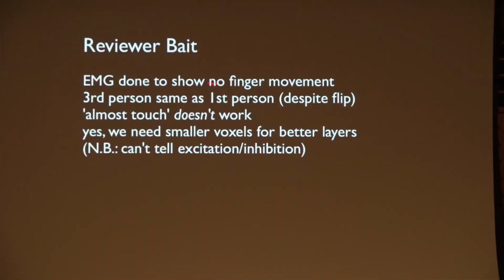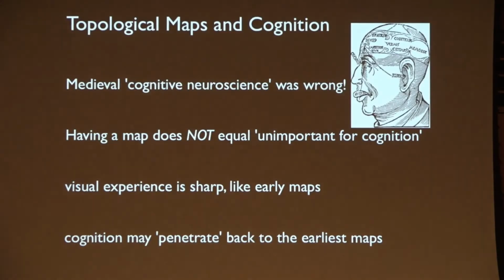But we did EMG to make sure that the person wasn't moving at all during this. The almost touch doesn't work. That was very, very nice. Third person works pretty well, despite the flip. So the visual stimulus is suddenly rotated 180 degrees. The retinotopic stimulus was flipped by 180 degrees, but it still works. We can't tell excitation from inhibition, and we need smaller voxels. But in conclusion,